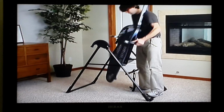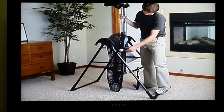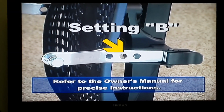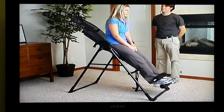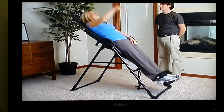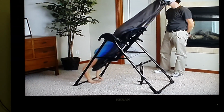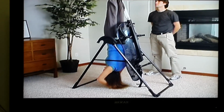To enable the inversion table to lock in full inversion, you will need to adjust the roller hinge setting to the A or B position, depending on your body type, and disconnect the tether strap. Once you lift your arms over your head, the table should rotate almost completely upside down. You may need to assist the last few degrees of rotation by pushing on the floor or A-frame until the